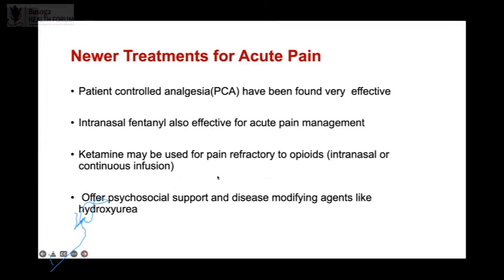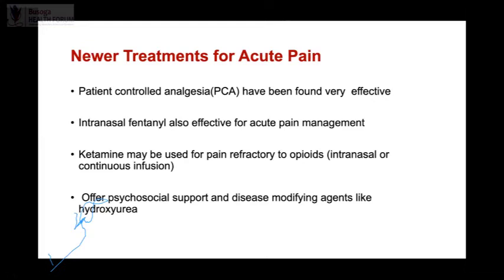So for people who are practicing in maybe more advanced hospitals, there's what they call patient-controlled analgesia. The patient controls the dosage of morphine depending on their pain response. And this has been found to be very effective, as opposed to us deciding it's going to need 15 milligrams. Sometimes when there's a lot of pain, increase to 15 milligrams. If the pain is reducing, reduce to 10. So that has been found to be very effective.